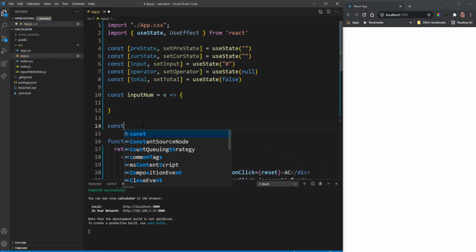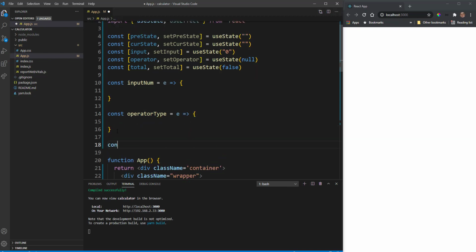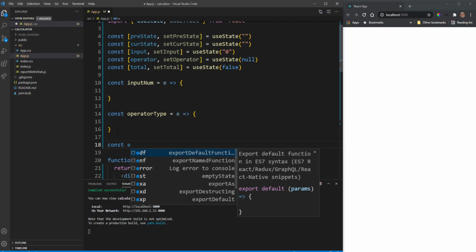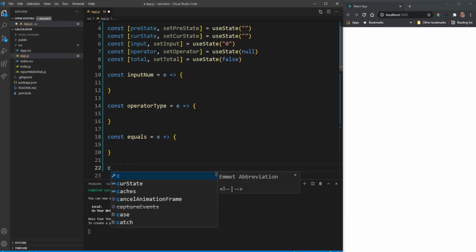So for the operator button, this will be taking an event also, and our equals function then. So now we'll also have an event. Three more, I think. So the const